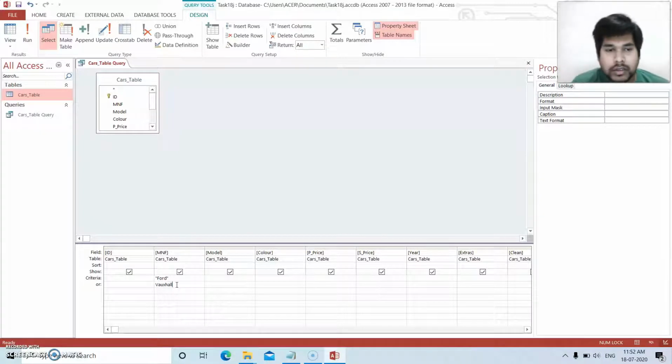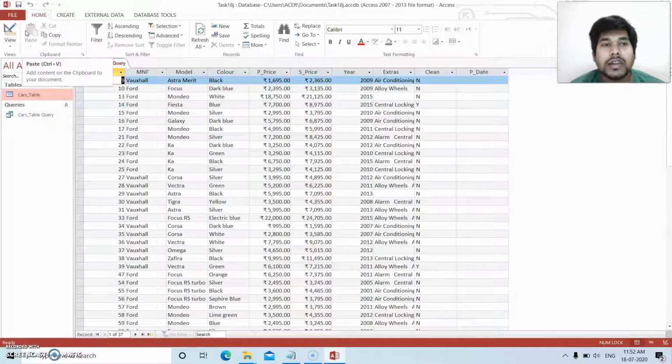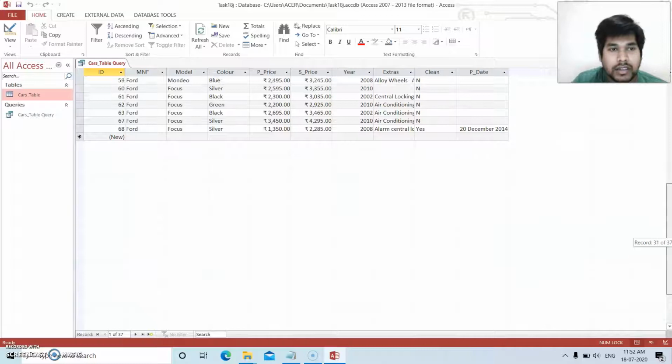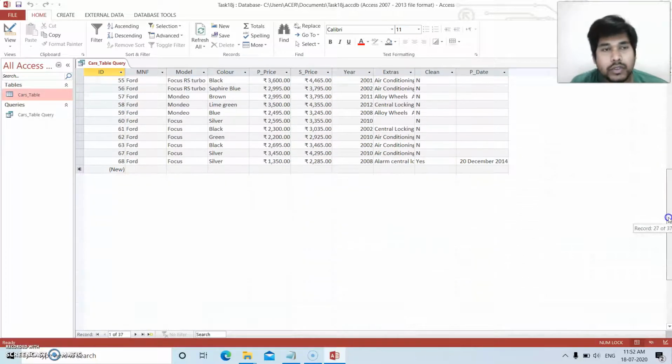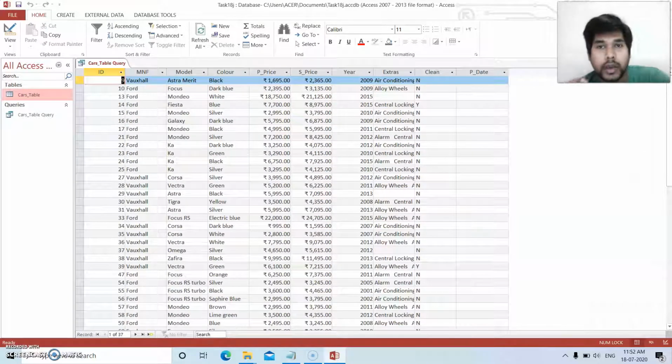Right. So this will be your query. It will display only the cars manufactured by Ford or Vauxhall. Right. Now click on run. See, it is displaying the cars which are manufactured by Vauxhall or Ford. We will not find any other cars in this record, right? So this is your 18J query.